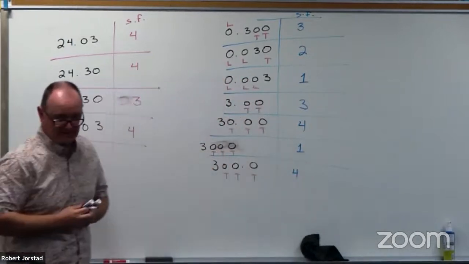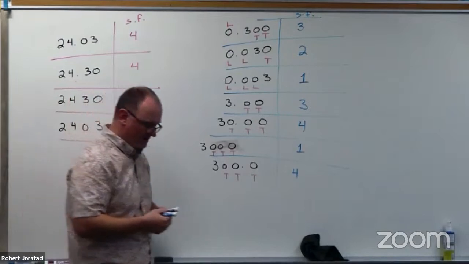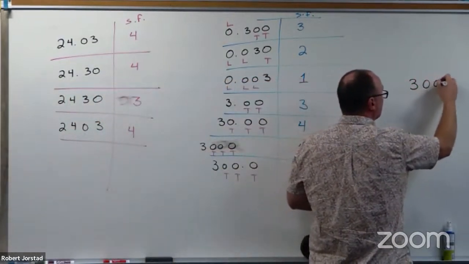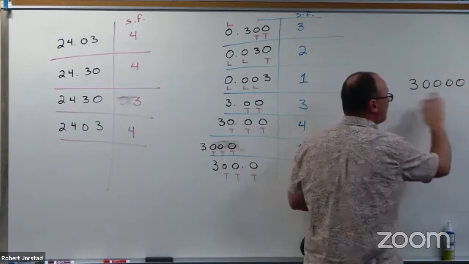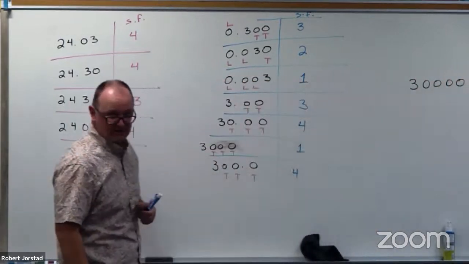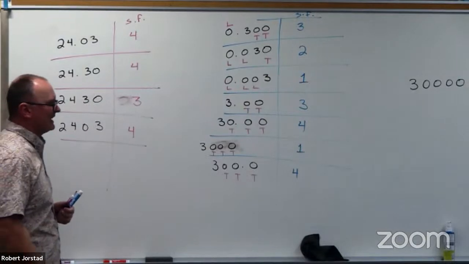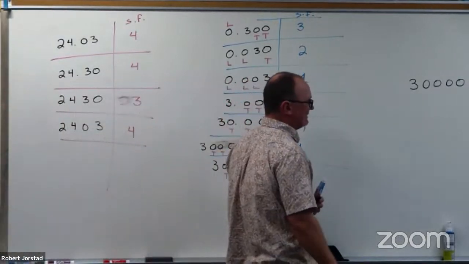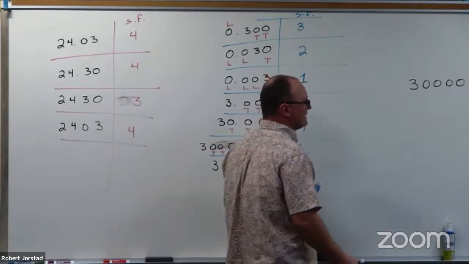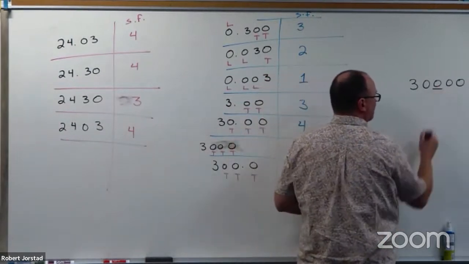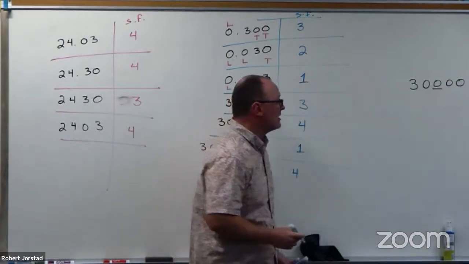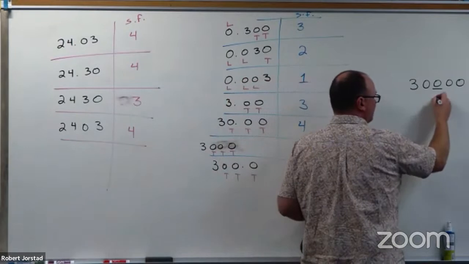This begs the question, which you might be thinking about in your head. What if I wanted to have a number like this that has trailing zeros, and I want to indicate that one of these trailing zeros is actually significant? A trick that you can see is to underline. So this is a trick that I will use. Maybe not everybody in the world does this, but when I do this, this underline means